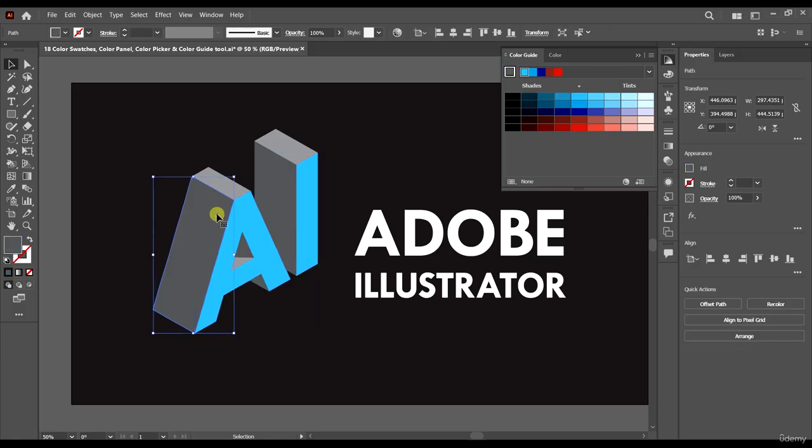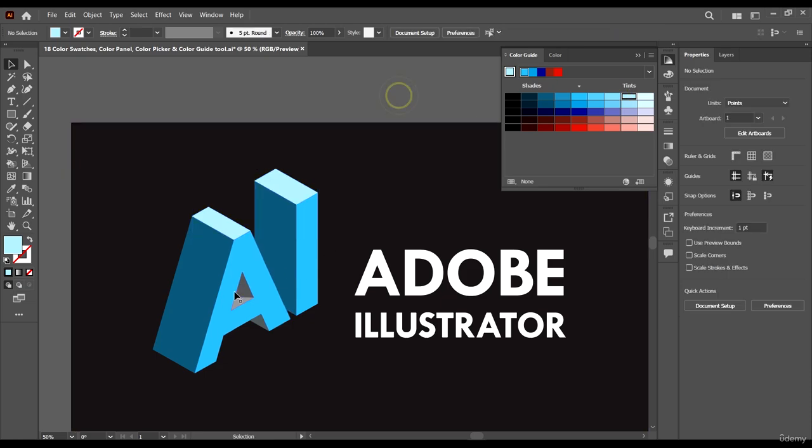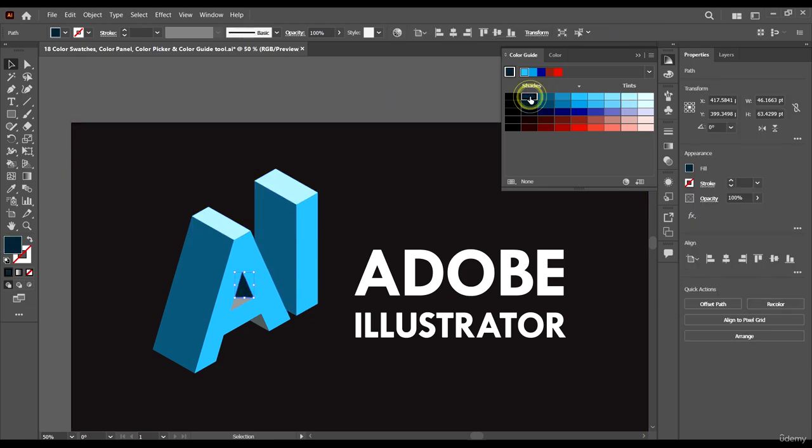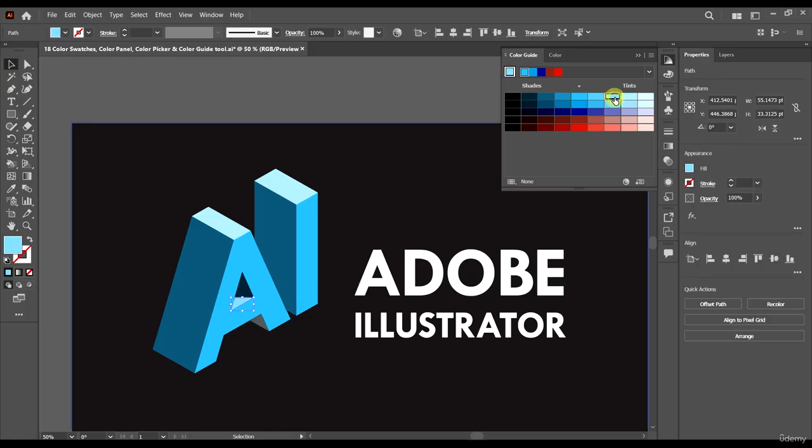Now for this one I want something a little bit darker, so I can now choose this shade of the color. And for this one I might want something brighter, I can now choose this shade. For this one I might want something very dark, I'll choose this shade. And finally for this one I might want something brighter.